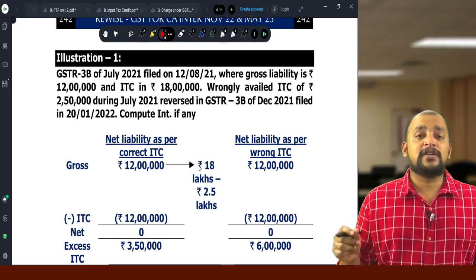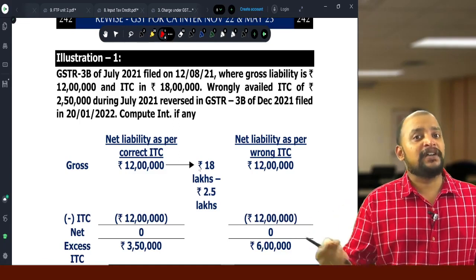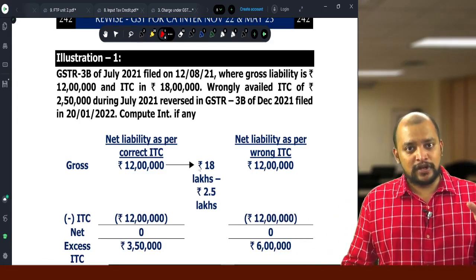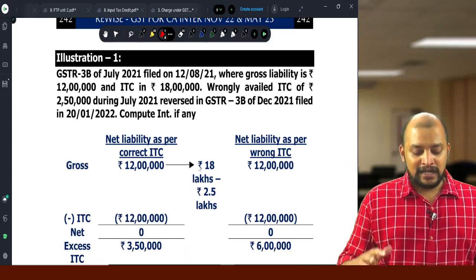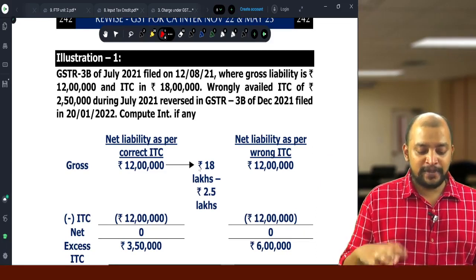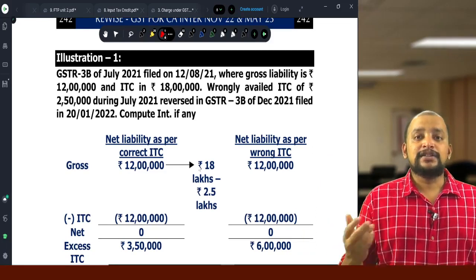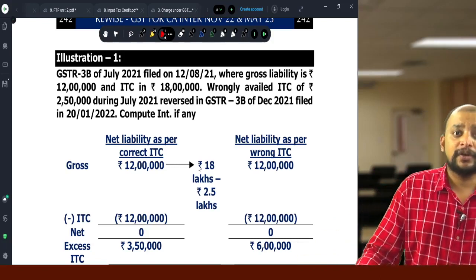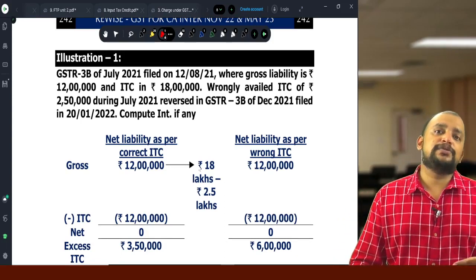So how much is the wrongly availed ITC? 2,50,000. Had the 2,50,000 not been availed, what would have been our liability? 0 only. How? 12 lakhs is the gross liability. Suppose the 2,50,000 is not taken, then the ITC would have been 15,50,000 out of 18 lakhs. So out of 15,50,000 we can use 12 lakhs. Therefore the net liability will be 0. If you take wrong ITC or correct ITC, the net liability is going to be 0,